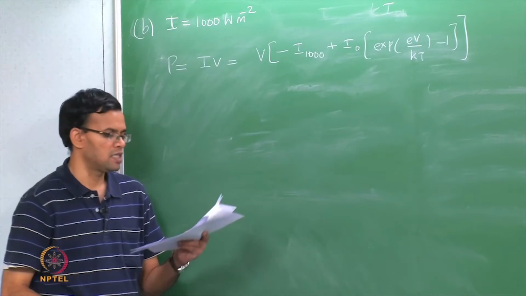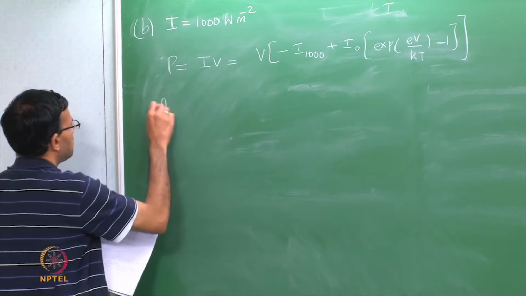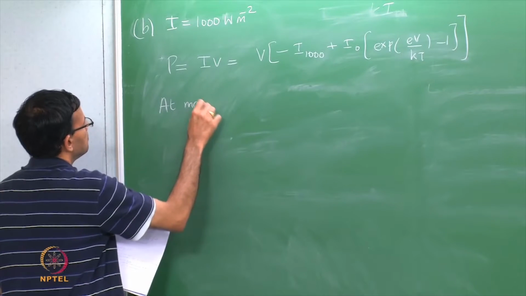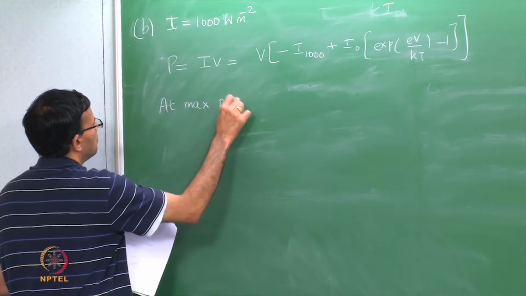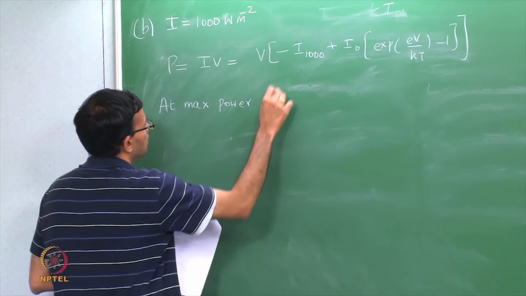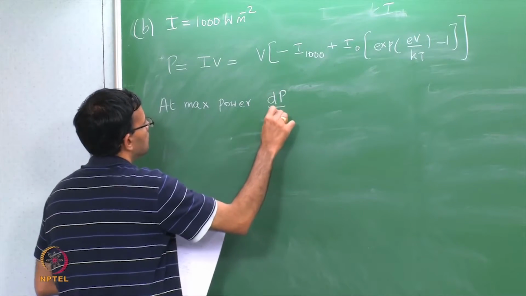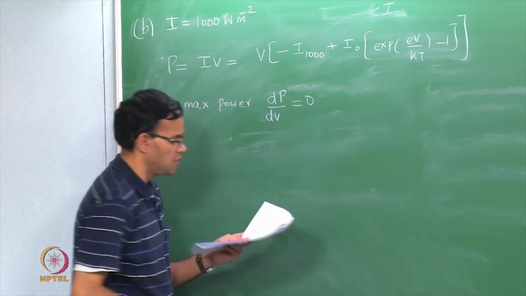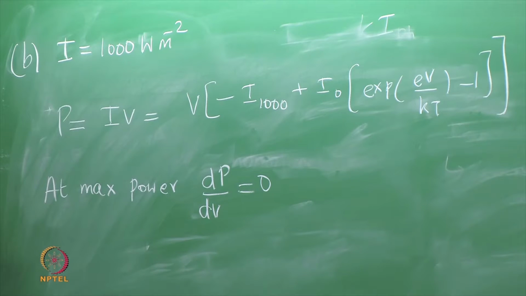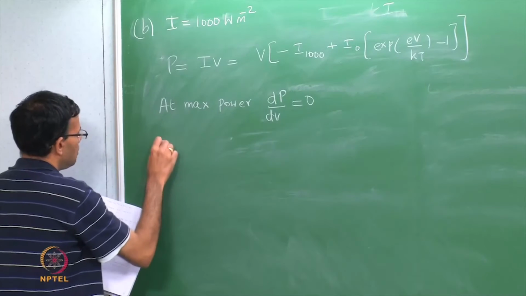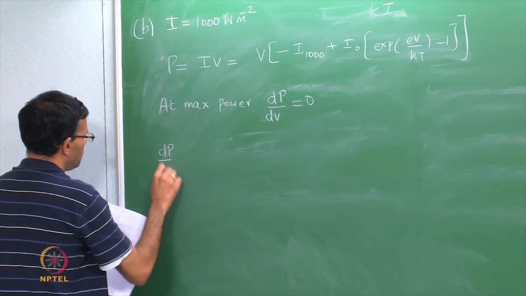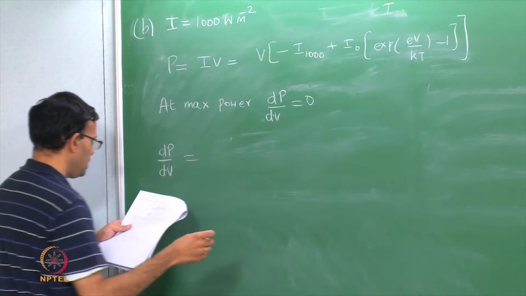So, to have maximum power, so at maximum power dP over dV must be essentially 0. So, we can differentiate this expression for P. So, dP over dV,